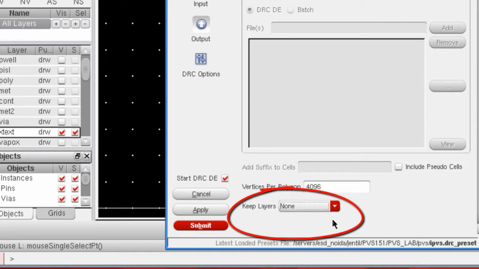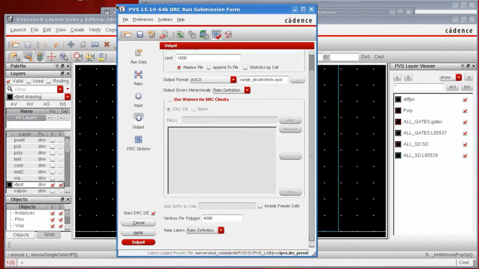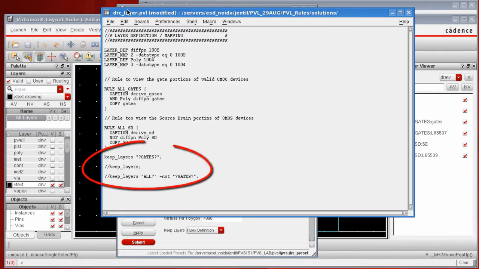None would be the default option and that does not save any layers. Selecting All under the Keep Layers function will make sure that the Layer Viewer window will list out all the layers processed by the PVS DRC run, including the intermediate layers. Empty layers in the PVS are not displayed in the viewer. Coming to rules definition, this option is important as it allows you to keep layers on the basis of the PVL rule deck file. Use this option if you have specified patterns for layers to save with keep layers command